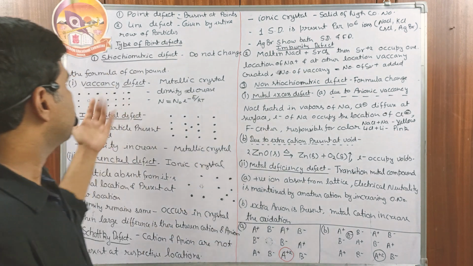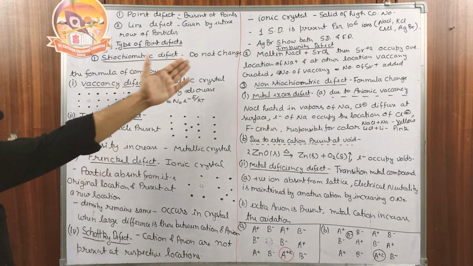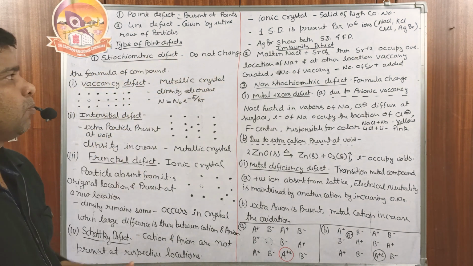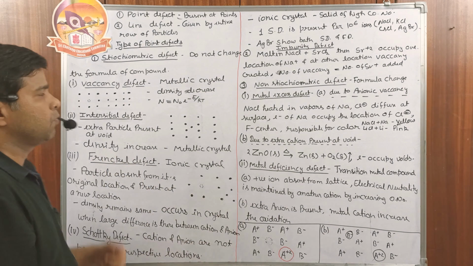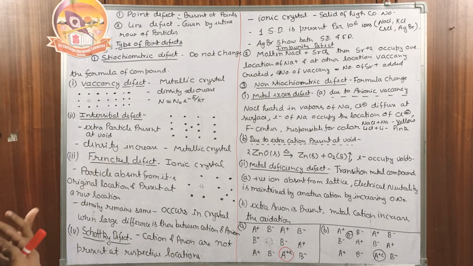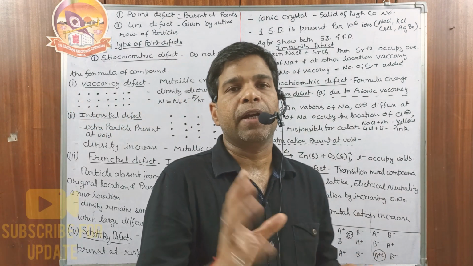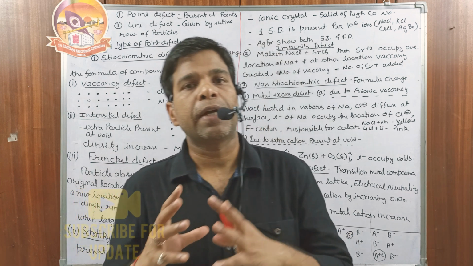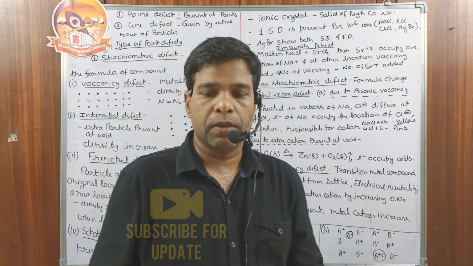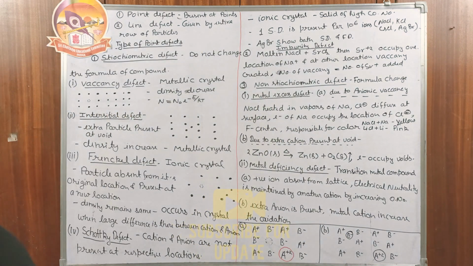Then first one is the stoichiometric defect. It does not change the formula of the compound. Formula of the compound remains the same. First one is the vacancy. As the name suggests, we have the vacancy of one particle at a particular location. Due to the missing of the particle at that particular location,